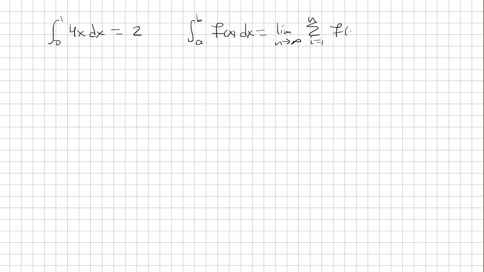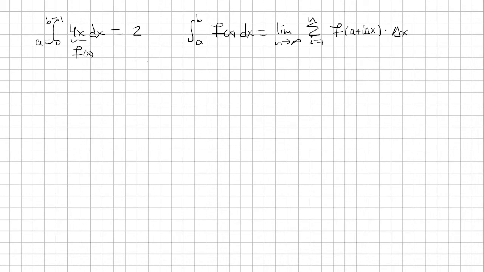We want to use the limit definition to prove that the integral from 0 to 1 of 4x dx is equal to 2. So the limit definition of the integral from a to b of f of x dx is the limit as n approaches infinity of the sum from i equals 1 to n of f of a plus i delta x times delta x. Here a is going to be 0, b is 1,